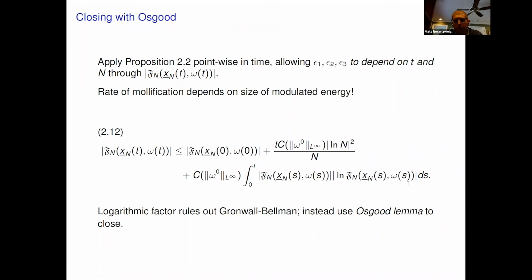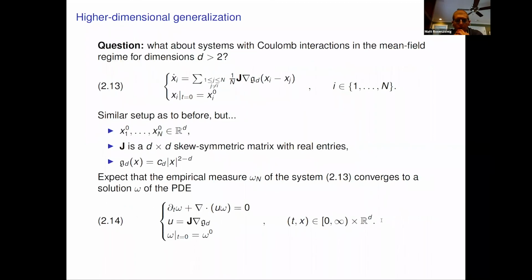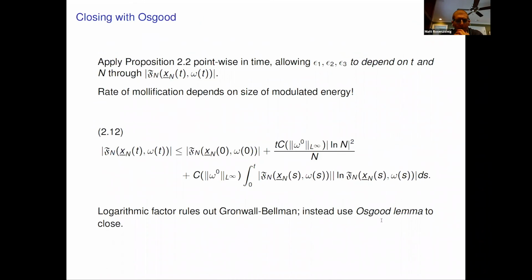So if you don't actually care about point vortices or their connection to the Euler equation, I think there's a moral to take away, which is that you don't always need something that's in the form of the Gronwall lemma. It's good enough to have something which still satisfies the Osgood condition, and that will allow you to get a closed estimate. Okay. So I think that's all I wanted to comment on the proof for the two-dimensional case.